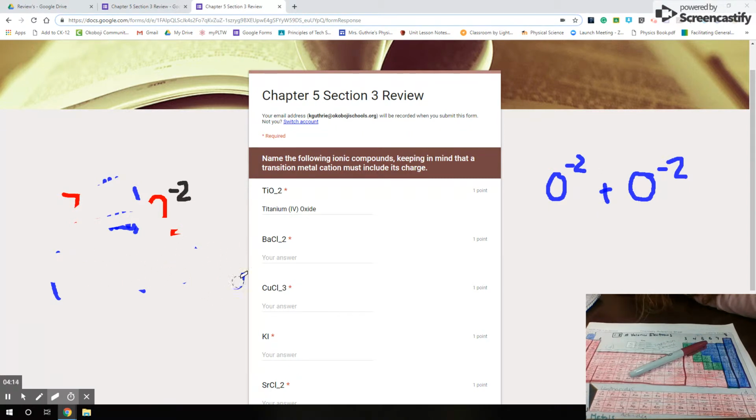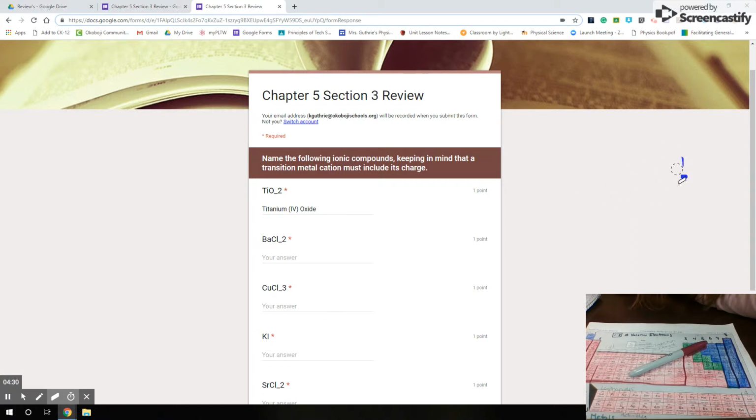Now the next one is barium chloride. So again, the first step is you look at that first metal, and you look at your periodic table for it. Is it a transition metal or not? So does it fall within group 3 through group 12? All right, so barium